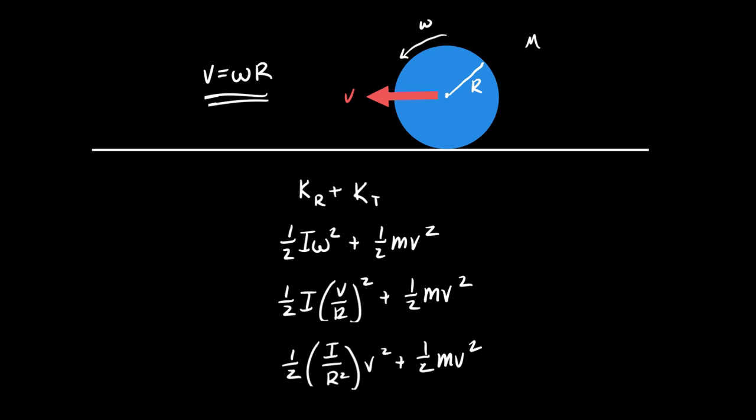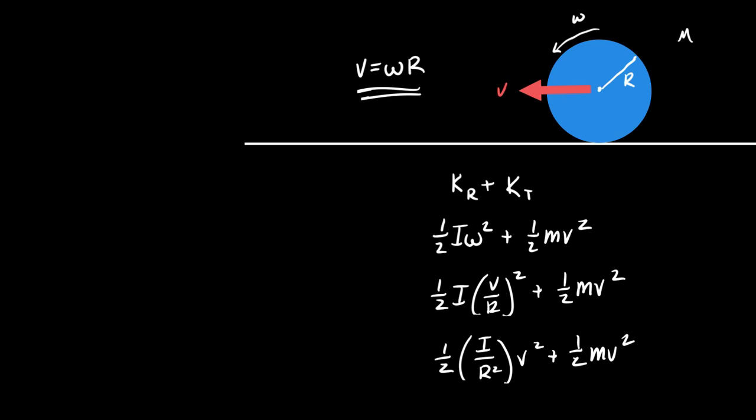Now, if I set this to the side for just a minute and state that, well, this is the kinetic energy of the object, the total kinetic energy. Every version of I for things that roll